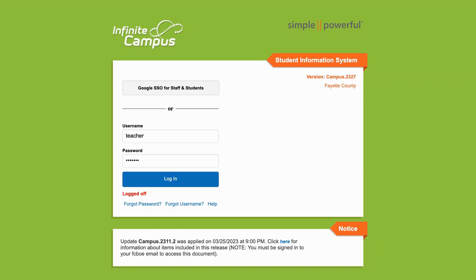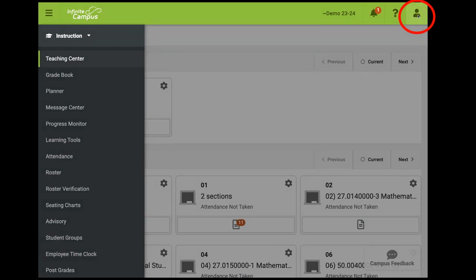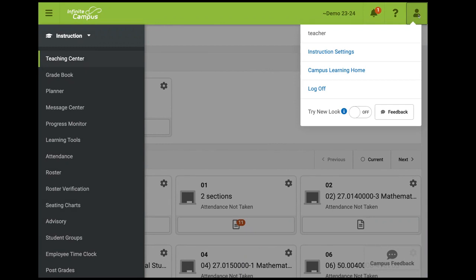We will begin by logging into Infinite Campus. Remember to click the Google SSO for Staff and Students button to log in. Now that you're signed into Infinite Campus, look up in the top right-hand corner of your screen at the Silhouette button. Please go ahead and click on this button and notice that there's a toggle switch that says Try New Look. You will want to turn this on now because all training in this video will be created using the